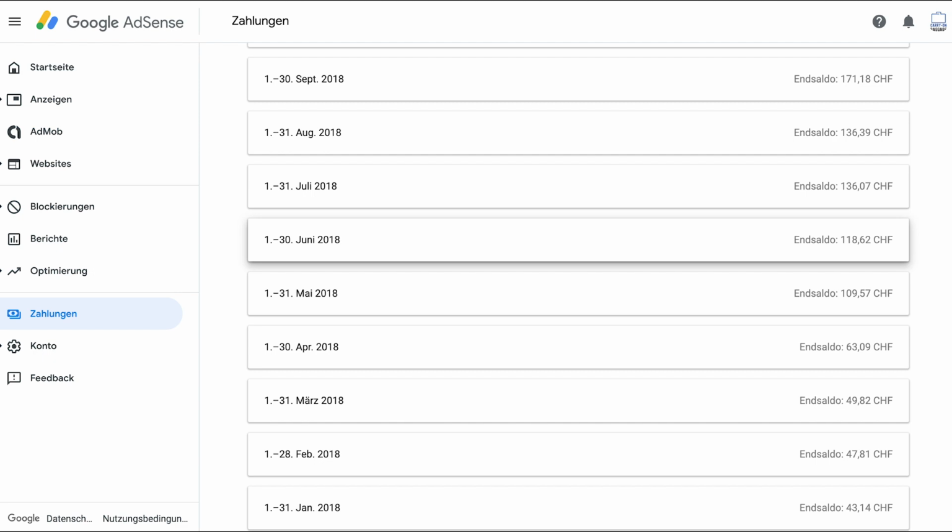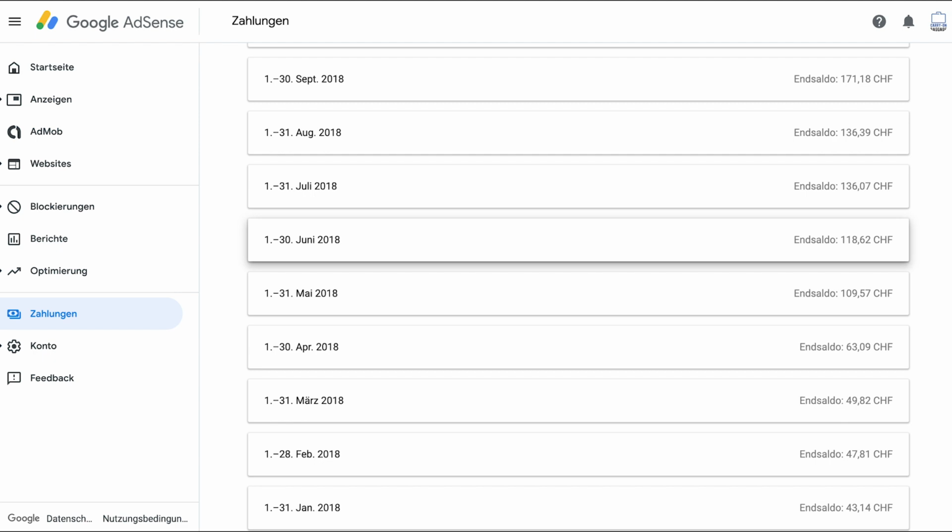But that's not really much of a problem because at the moment $1 corresponds more or less to 1 Swiss franc. At this time, while just using Google AdSense, I created a lot of content and invested a lot of time in my work. However, I got really discouraged because the earnings were far too low for my expectations. So I was searching for new ad networks out there, and that's how I finally stumbled upon Ezoic.